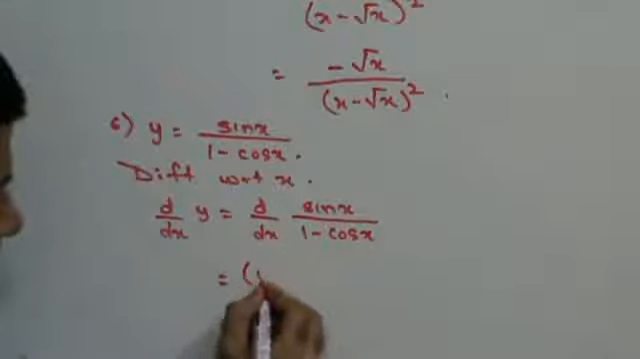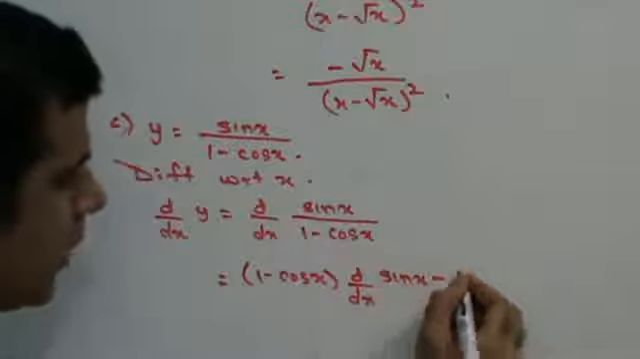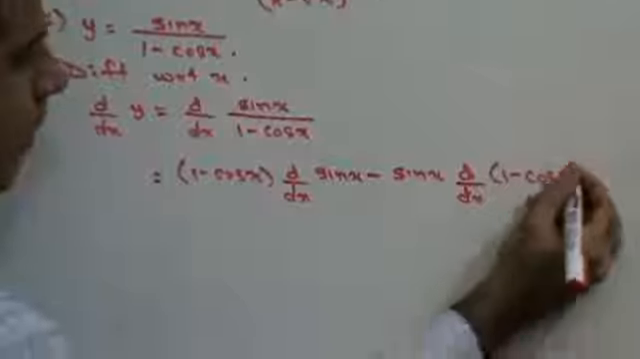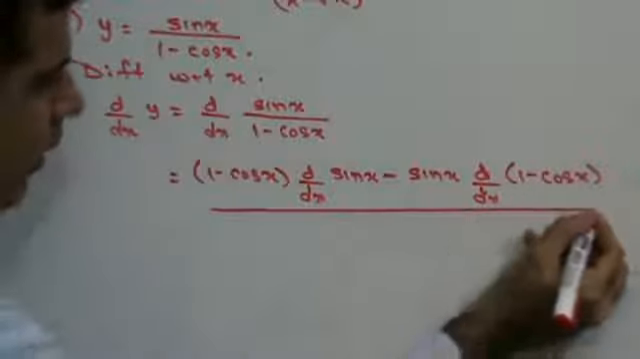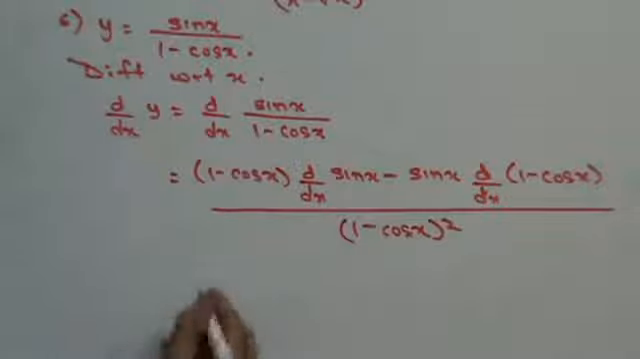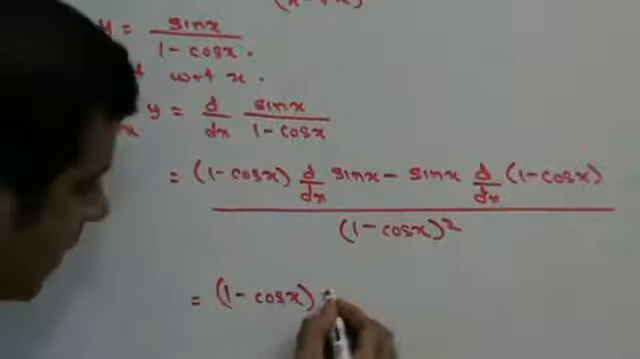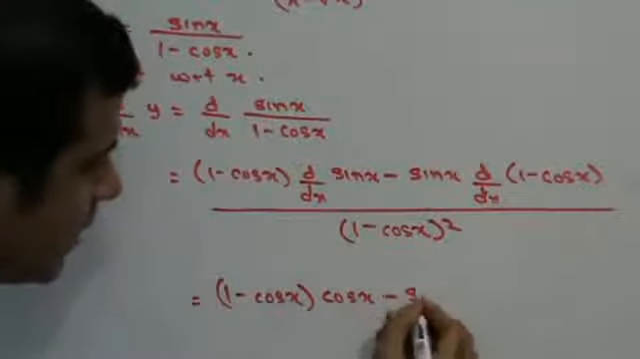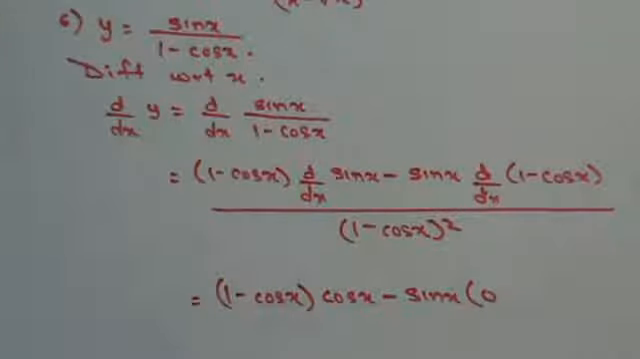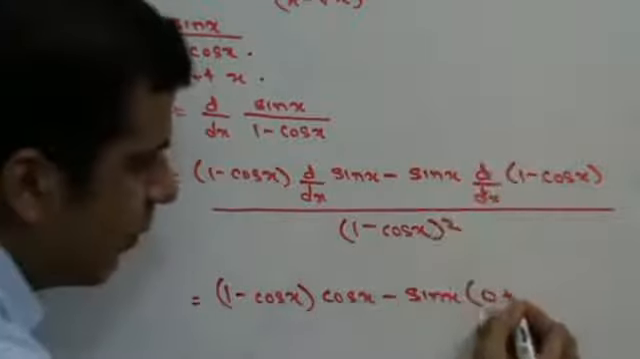U upon v formula: v derivative of u minus u derivative of v upon v square, 1 minus cos x the whole square. Now this can be written as 1 minus cos x, dy dx of sin x is cos x, minus sin x, dy dx of 1 is 0, dy dx of cos x is minus sin x. That minus multiplies with this minus sign to give you plus sin x